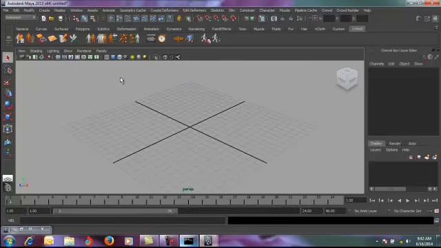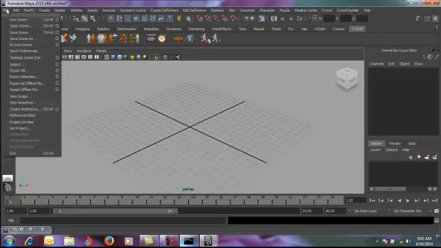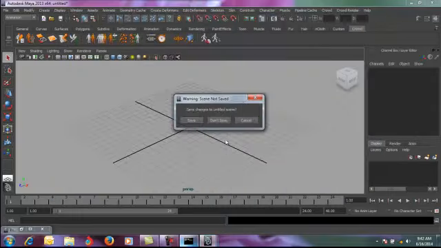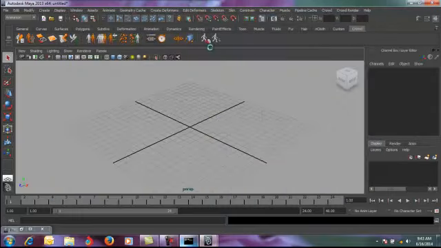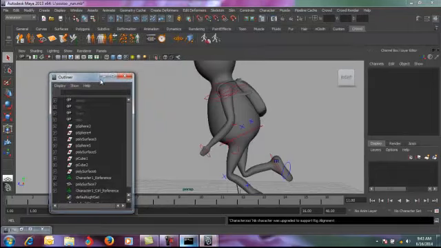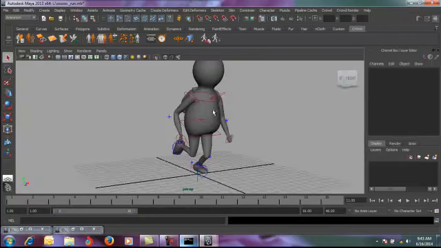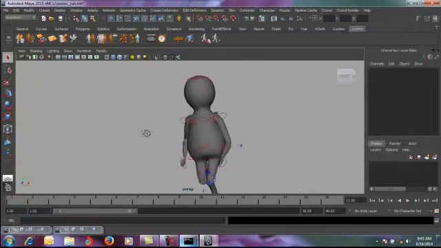For a crowd simulation to start, the first thing that is required is to load a character which is already smooth bound with its skeleton, and obviously it has got certain animation. So I'm going to load up one character here. It's a generic character. Just wait for it to load up. Yeah, here we are. This is a very simple character which I have created, which has a very basic run cycle.